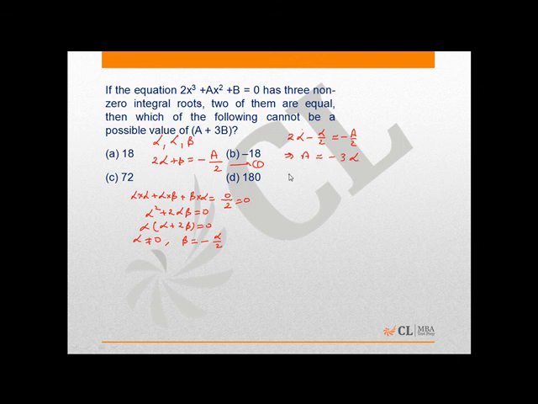Similarly, if I take the product of the roots, which is alpha into alpha into beta, which is alpha square beta, should be equal to minus b upon 2. If I put the value of beta here, it gives you alpha square into minus alpha by 2 is equal to minus b by 2, that is b is equal to alpha cube. Now the value of a plus 3b is nothing but 3 alpha cube minus 3 alpha, which is 3 alpha into alpha square minus 1,